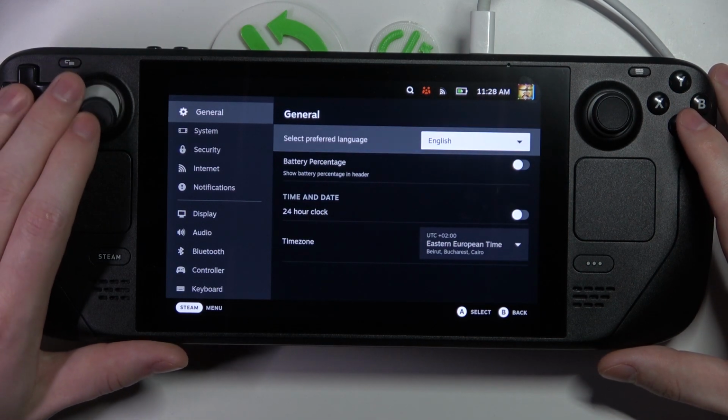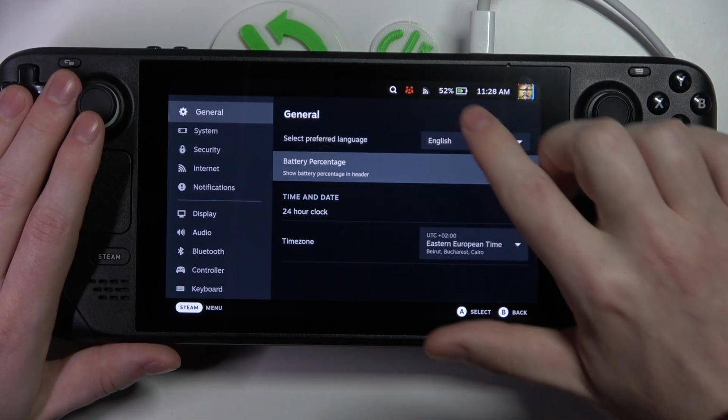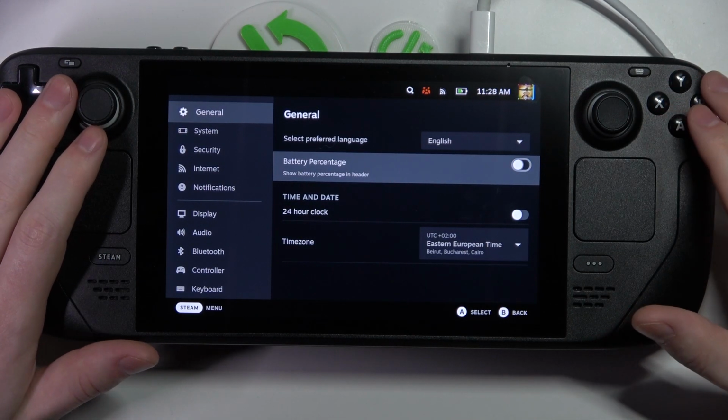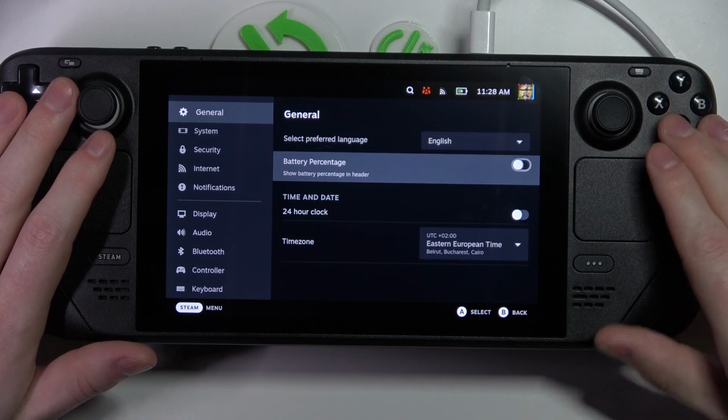Now in the general you can enable battery percentage, and as you can see now we can actually see the battery percent. If we disable it, it's not here anymore. And that's it for this